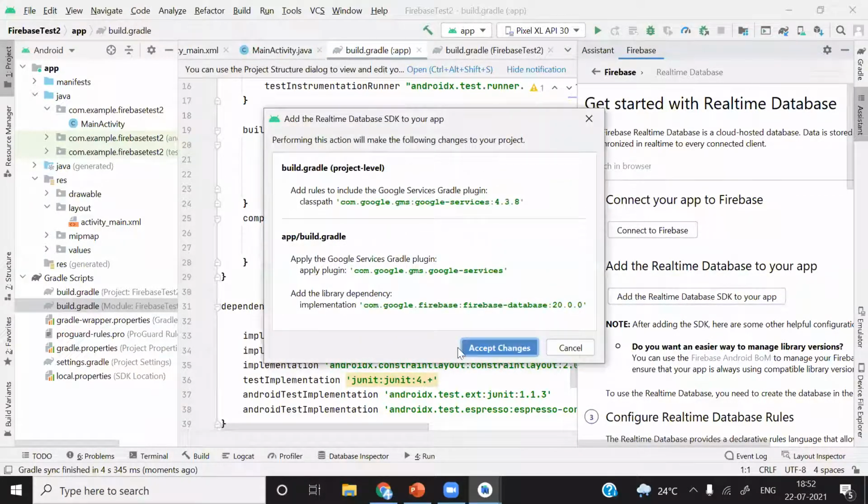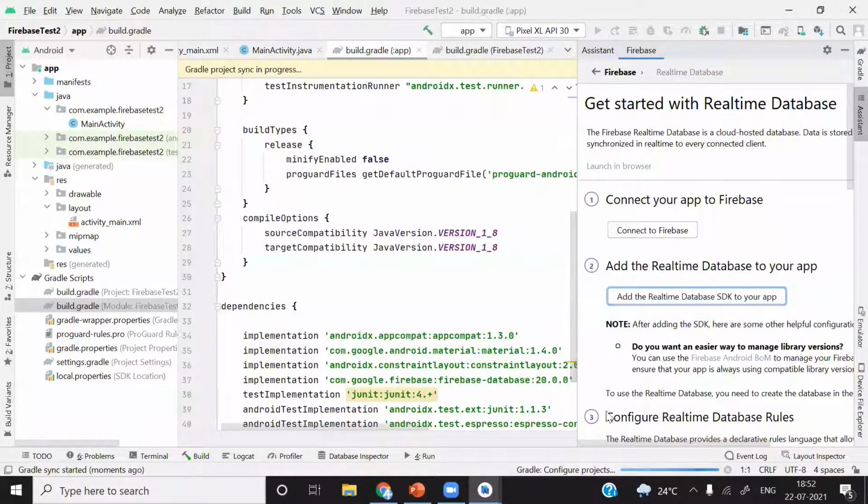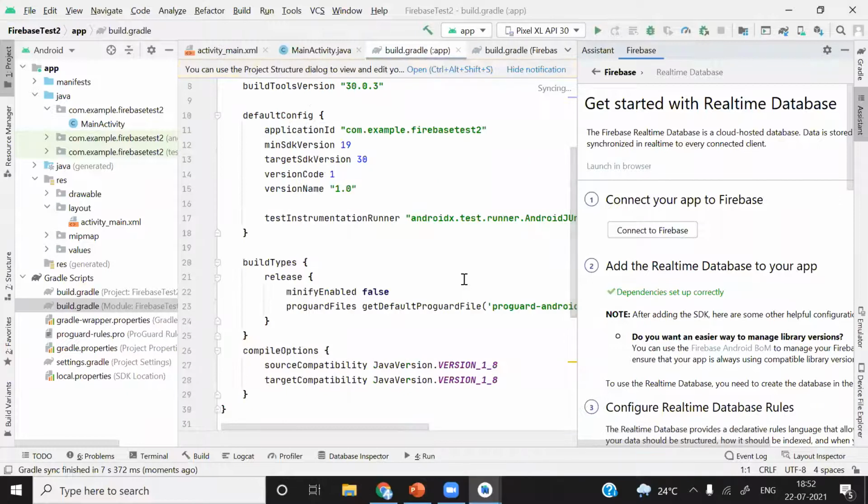Click here and accept the changes. Some process will start. It will download some files. Okay, dependencies set up correctly.